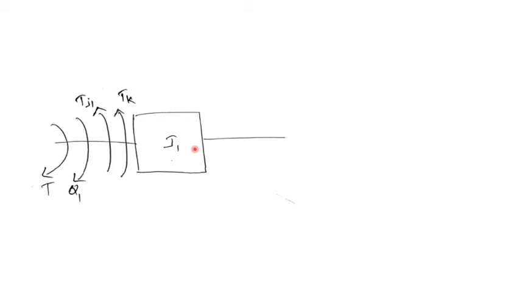So this is how we draw the free body diagram of J1. We mark the applied torque and the opposing torque. The applied torque is marked in the clockwise direction and we have a displacement theta 1 in the same direction. The opposing torques are Tj1 and Tk due to the moment of inertia J1 and the spring K. The opposing torques are in the direction opposite to that of the applied torque. Let us do the same steps which we have done for the translational mechanical system, that is, apply Newton's second law to solve the problem.